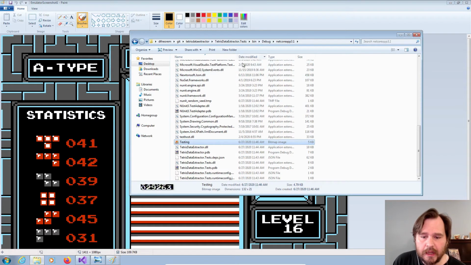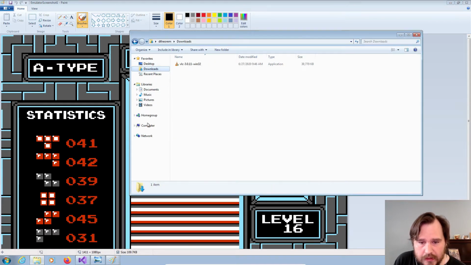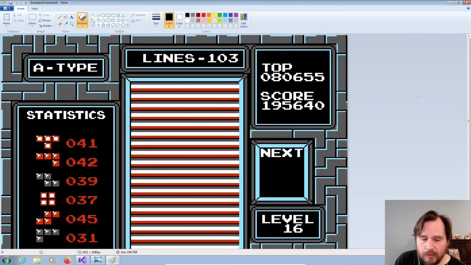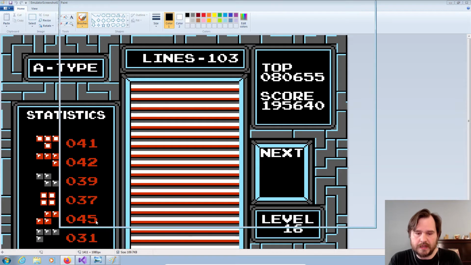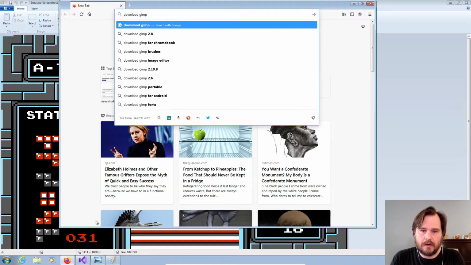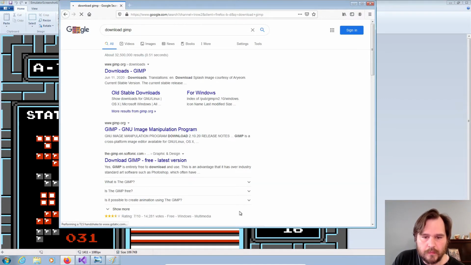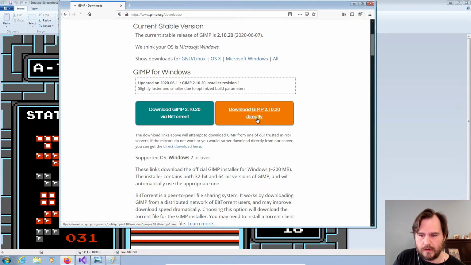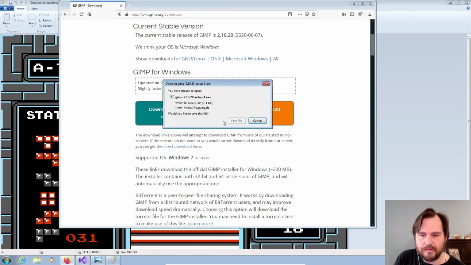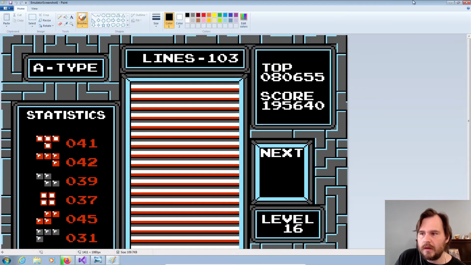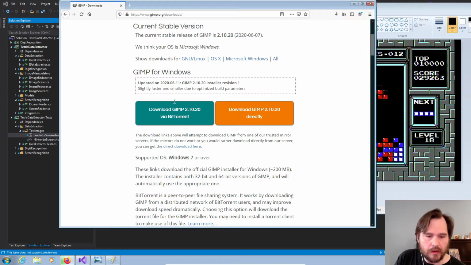So, before I do any more talking, I realized, how much room do I have? I have 967 megs free. I realized I need to download GIMP, so one second, bear with me here. Hopefully this doesn't take very long. Okay, so while that's downloading,